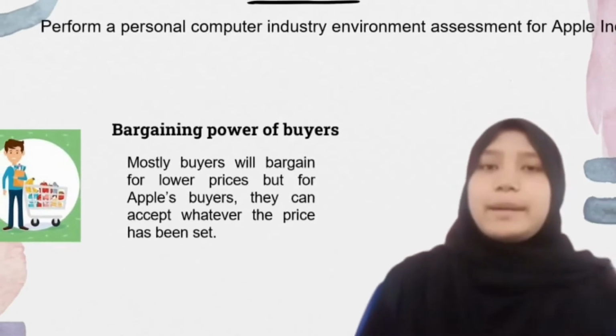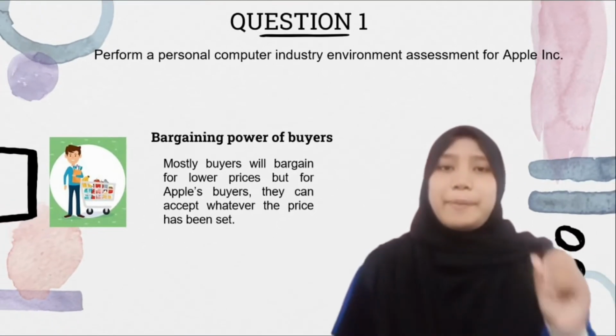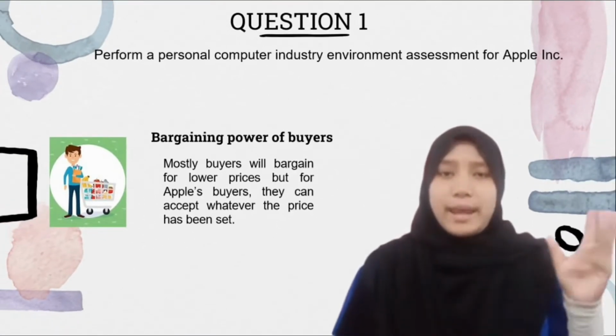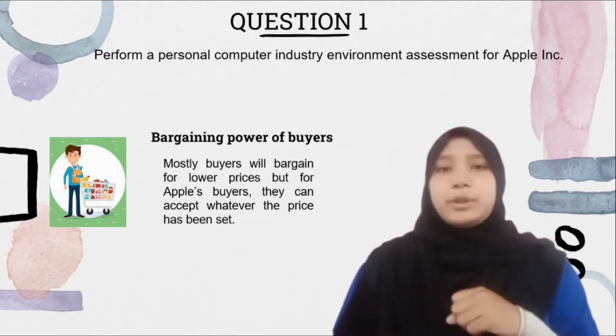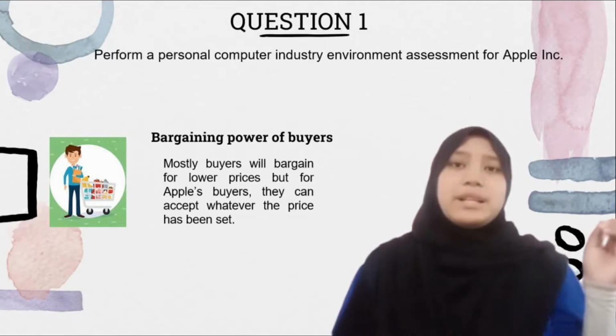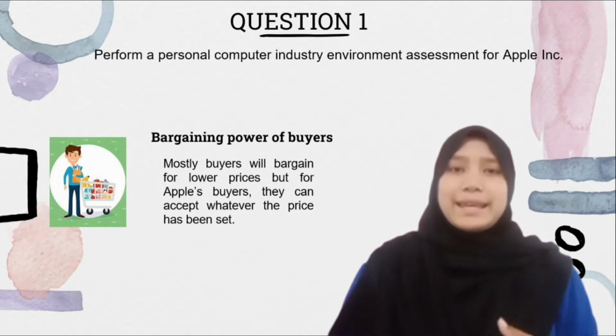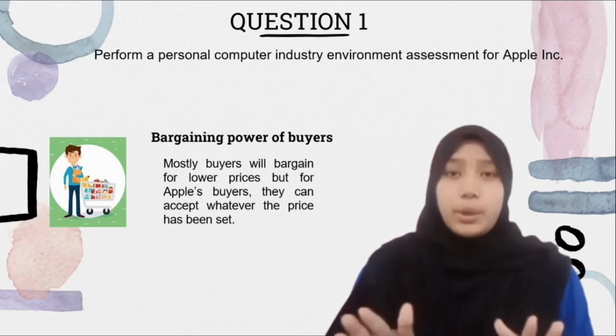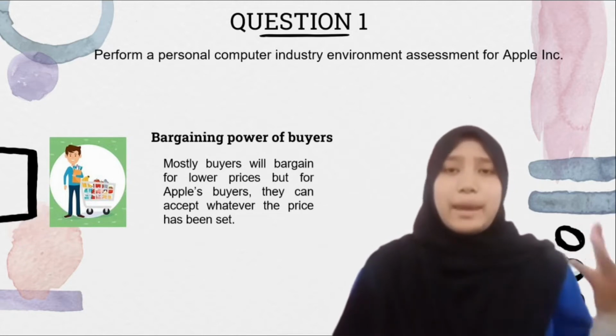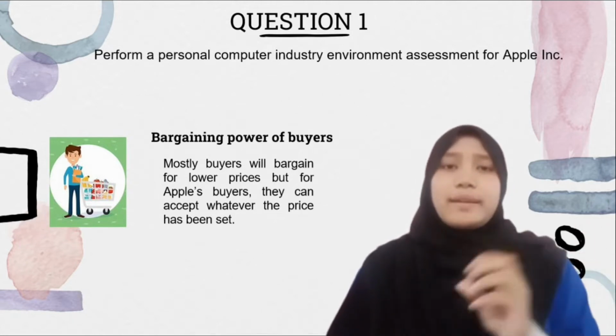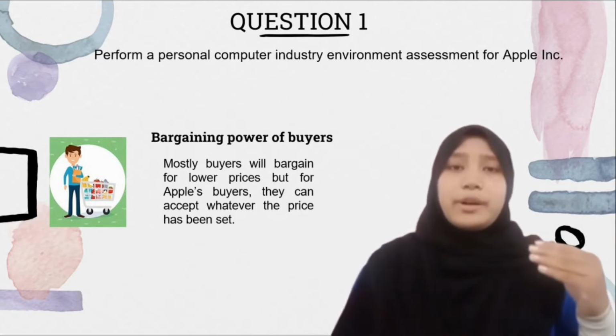Okay, in order to get a personal computer industry, also known as the PC industry, environment assessment for Apple Inc., we apply the Porter's Five Forces model to Apple Inc.'s PC industry. Okay, first of all, for bargaining power of buyer, in this term, we notice that there is no bargaining power of buyer because Apple PC or Mac loyal customers allow Apple to sell its product at a premium